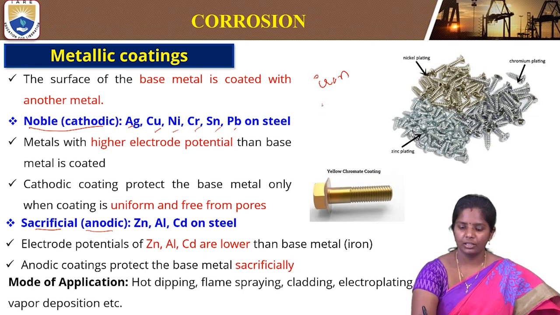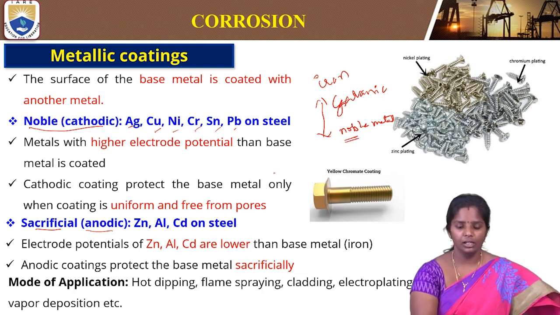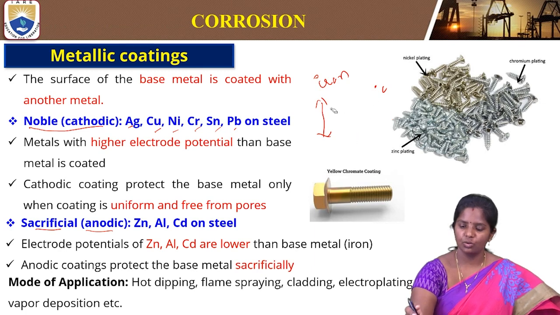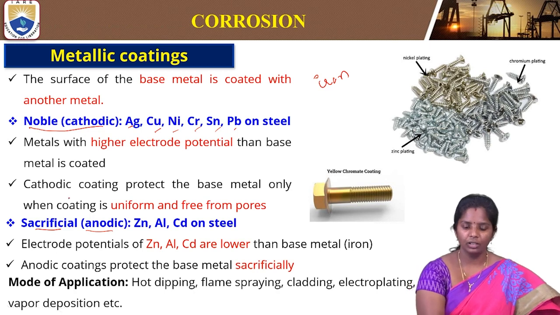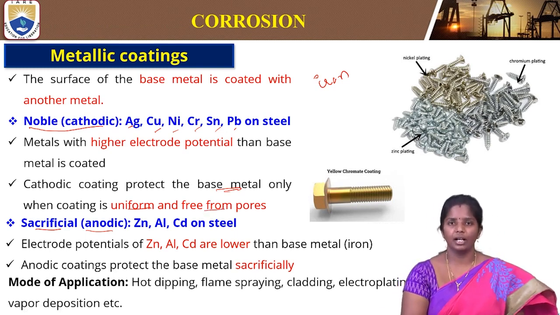If we remember that galvanic series, noble metals are placed below. So it means they have higher electrode potential than the base metal. It means there is no oxidation reaction taking place for these noble metals. Cathodic coating protects the base metal only when the coating is uniform and free from pores. So whenever we coat with noble metals, it has to be uniform and without pores,